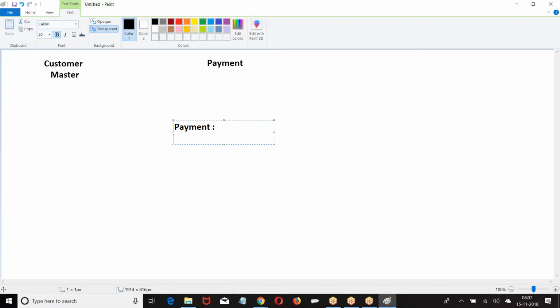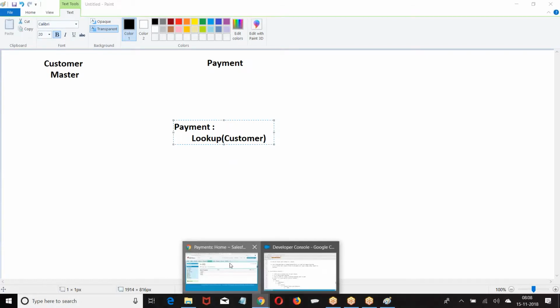On the payment, create a lookup field choosing customer as the master. On a table which already contains data, I can create a lookup field. There is no problem. Am I right? So choose the customer and make a lookup field on the payment. That's what I'm going to do first.